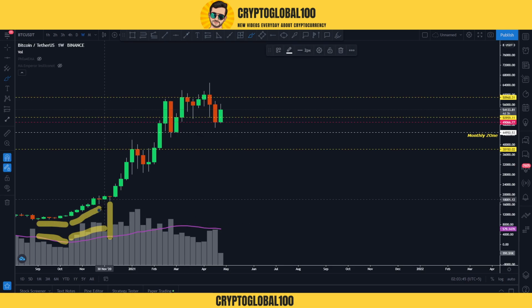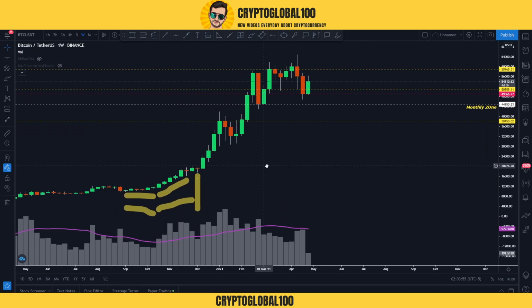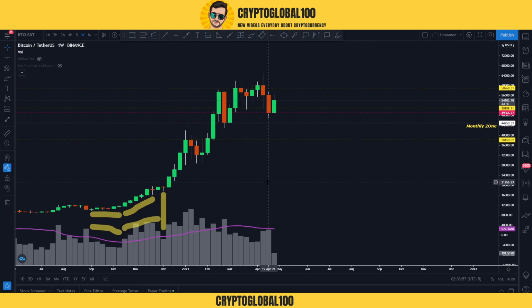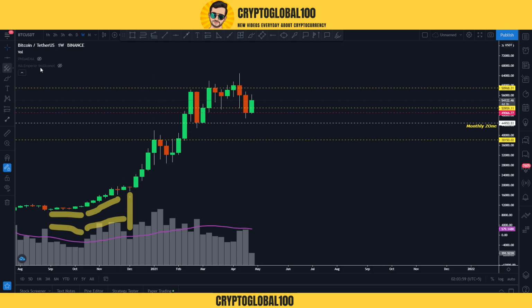I'm looking at this on the weekly. It's very difficult to predict, it's very difficult to predict why it's not leading. Don't know why. I'm gonna check it. Okay, so here you see the volume